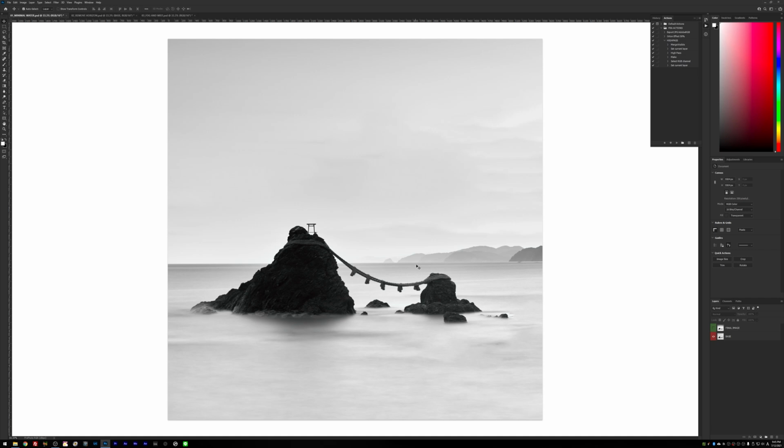So a good way to achieve this result is by using the Dehaze filter in the Camera Raw set of filters. So I have my base layer here. How do I do that? I'm just gonna duplicate this layer with Ctrl J on my keyboard. And whenever I use Dehaze, I like to be able to go back and tweak the effect down the line. So I always try to convert this layer into a smart object. Which I can do by going to Layer here in the menu, Smart Objects, Convert to Smart Object.